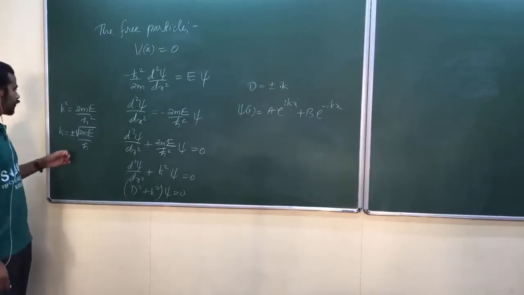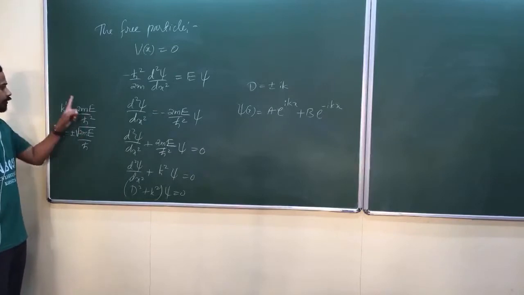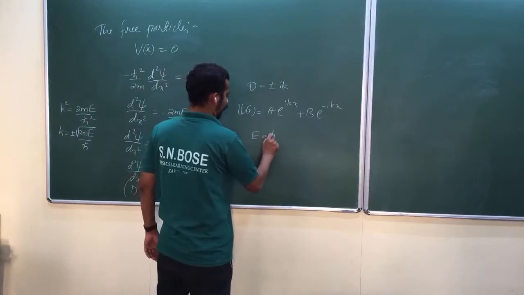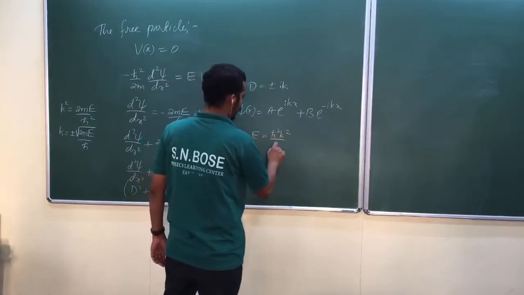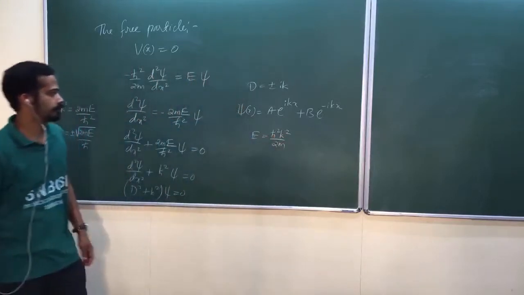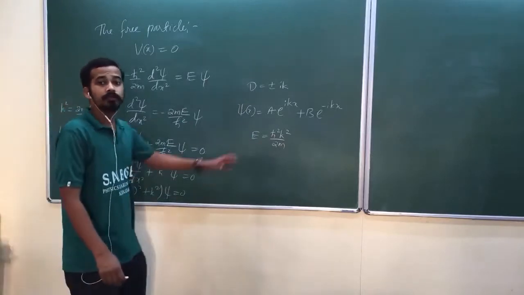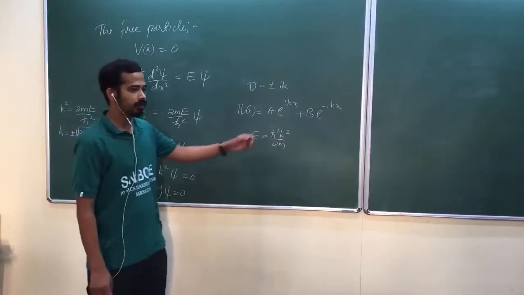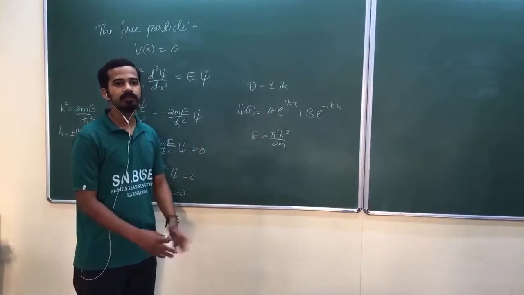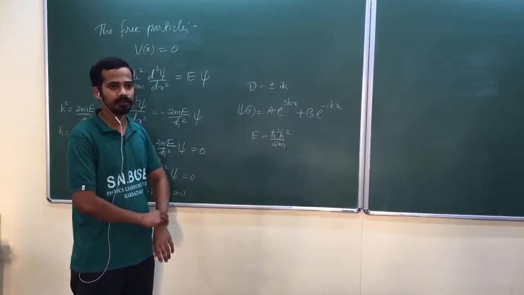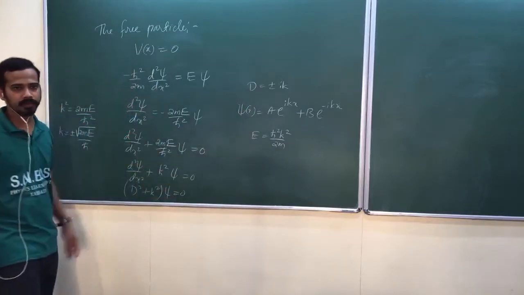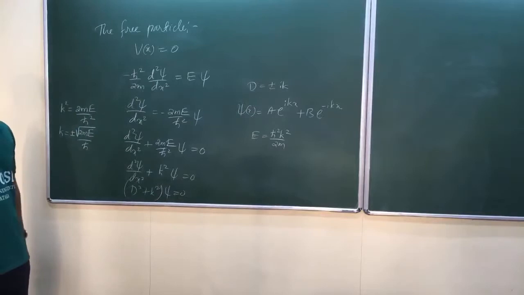Now, from this equation, what is energy? Can you solve it for energy? It is h bar square k square by 2m. Am I right? There is no restriction on energy. Look at here, you solve the Schrodinger equation and it is done. Are you getting my point? There is no restriction. You can't proceed, you don't have any other condition. You don't have any boundary condition here. Are you getting my point?